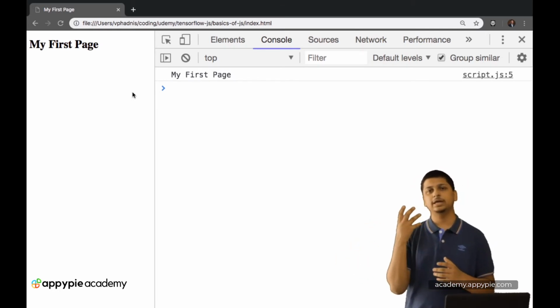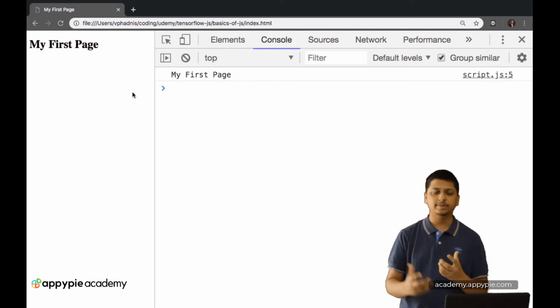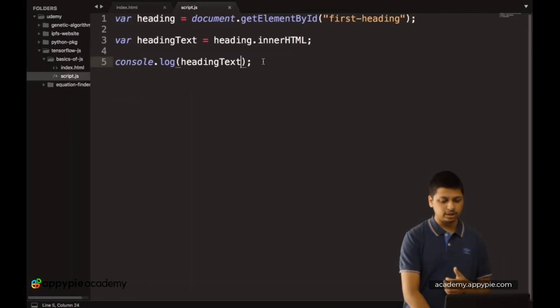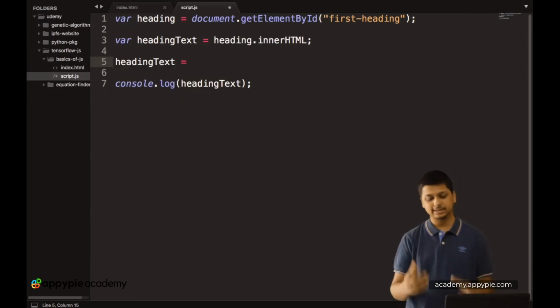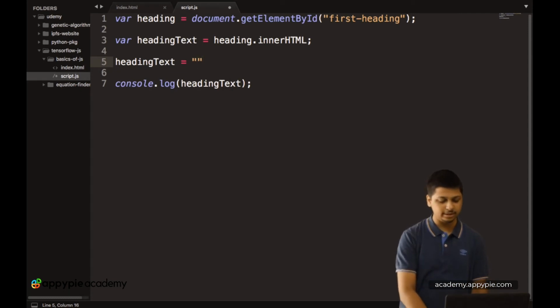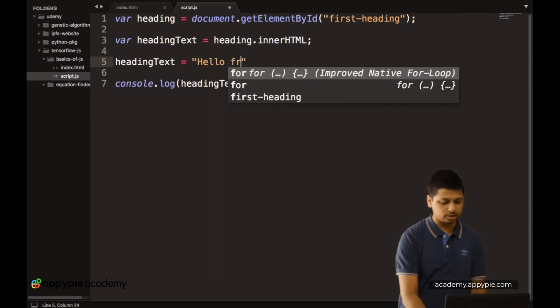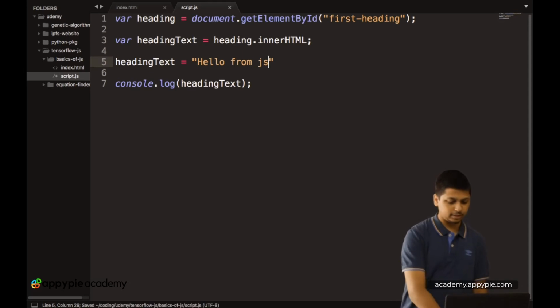Okay, so now let's try and change this particular text. Over here let's change the value of headingText. So now headingText is equal to a new value, let's call this "hello from JavaScript". Let's save this.